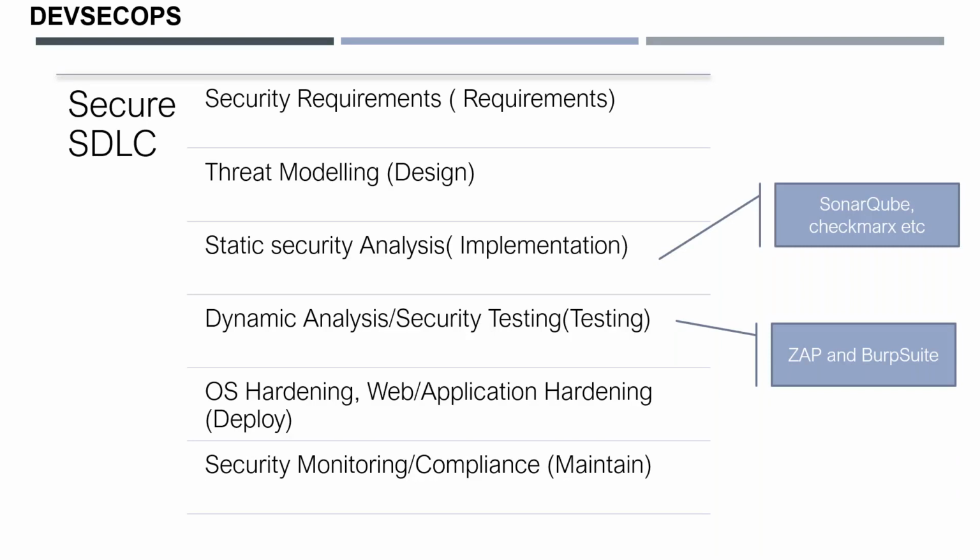Guys, that's about DevSecOps. So it's all about getting other testing people into the picture, security testing people, and some tools into your development phase. And this is not a one-person activity. This is a team activity. So your BAs are involved, your architects are involved, your developers are involved, your testers are involved, your infrastructure guys are involved, who will manage the monitoring tools and other infrastructure areas like servers, networks, storage, etc. Any doubts on DevSecOps?